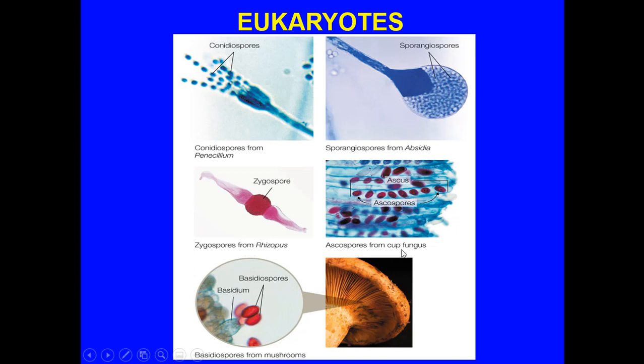Now, ascospores. This is a particular type. This is a structure that you would call an ascus. It's almost like a tube that contains the ascospores here, here, here, here, here. And these would eventually break off, and the ascospores would basically start new cup fungi, but they have genetic variations within them. Finally, we get to the basidiospores, and this is found commonly with mushrooms. You know, the mushroom spores that you see falling out here? Now, here is the basidium, and here are the basidiospores right here that are formed, okay?